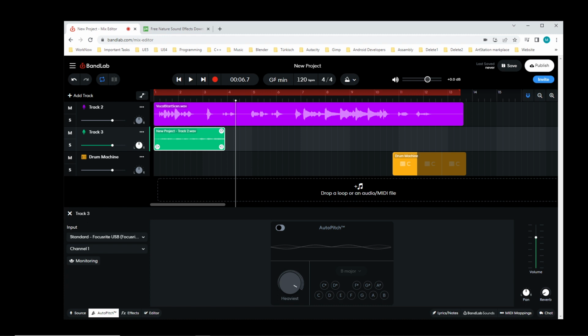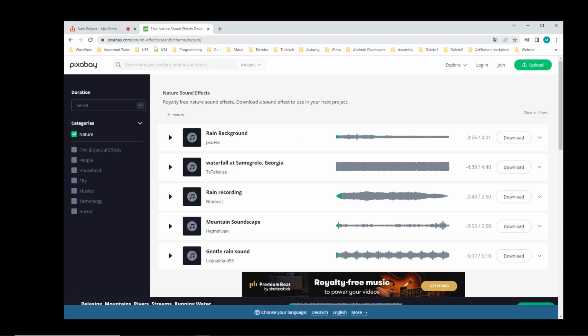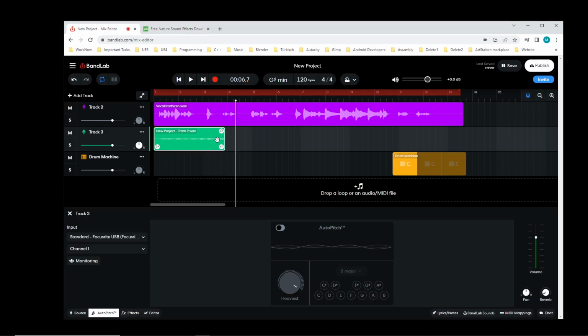So I searched a little bit again around. You can see I found this Pixabay. It's commercial free, we just have to indicate the source. They have, for example, free sound effects, and for example people, city, and I chose some of this nature. I downloaded this rain background and this mountain sounds. And then I will change this bird here. Not the bird we still need, but I want to use the other one too.